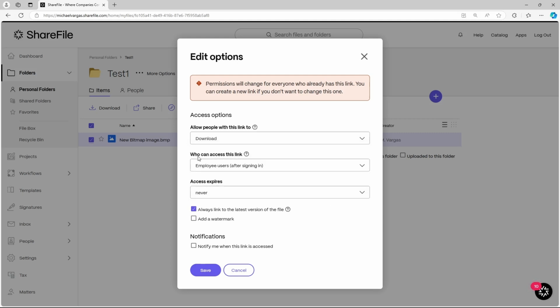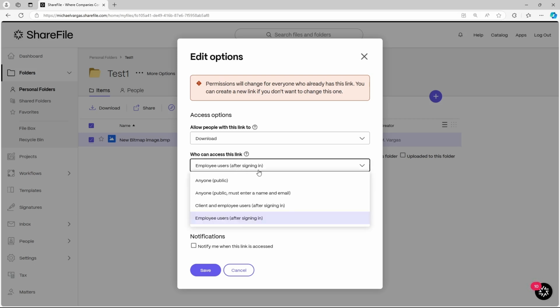Now we have the who can access this link. If you click here, you can set a couple of permissions, such as anyone public must enter a name and email. We also have client and employee users after signing in. It is important to let you know that for this option, the recipient must have an account activated.